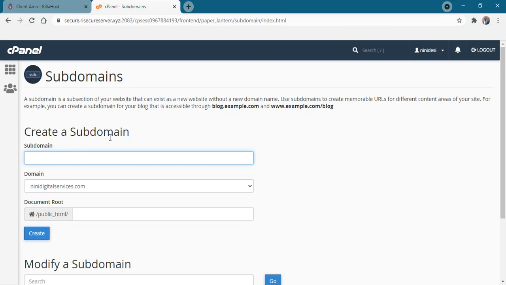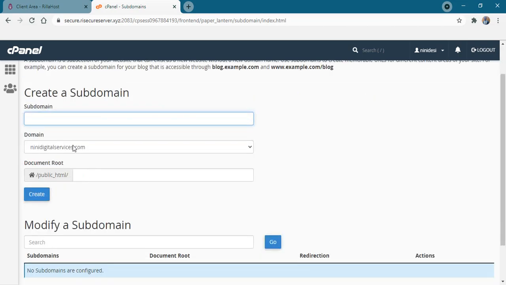And if you look closely, you see that this is ninidigitalservices.com. This is actually my main domain here. But for example, I want to create something that I don't want to have anything directly to do with this domain. So I would like to create a subdomain so that those things will reflect there.